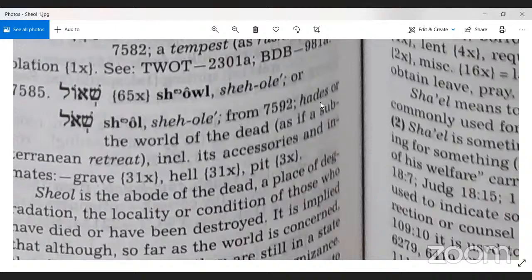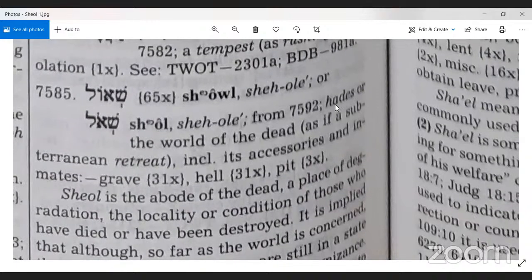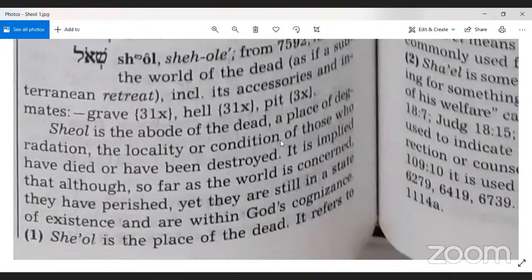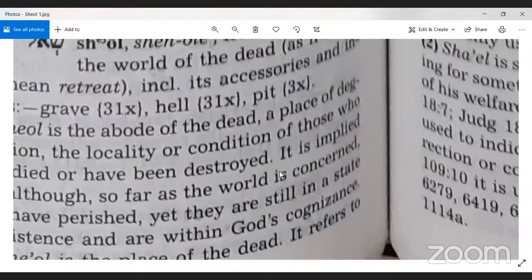It says Hades. This is a Greek word, so we can just forget that, right? There was no Hades word at that time. Or the world of the dead. So the world of the dead, as if a subterranean retreat. Okay, so now do we agree that it is implied? So does the meaning imply